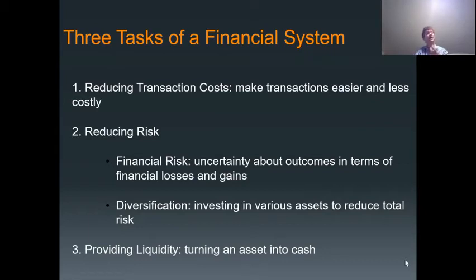But if I approach a bank and say, hey, I need a loan, can you do this? The bank will then look at me, rate my business, and try to find buyers for my bonds. This also can reduce risk. Uncertainty about outcomes in terms of financial losses and gains is something that the financial system is going to be looking at. They're trying to reduce this amount of uncertainty by giving an air of respectability and oversight to it. So this is designed to reduce that.